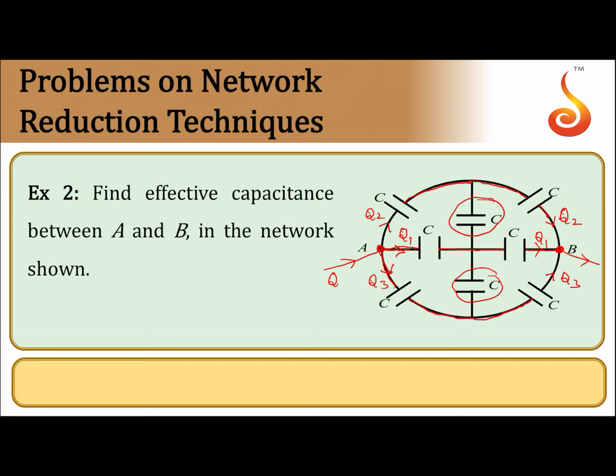Either you can disconnect them or you can join them, you can short those two terminals, both will give you the same result anyway, right? Then what happens? The circuit reduces to this. When the circuit reduces to this, you can clearly notice C are in parallel, C are in parallel. So, this will give you 3C, this will give you 3C, and 3C and 3C are in series now. So, it will reduce to C